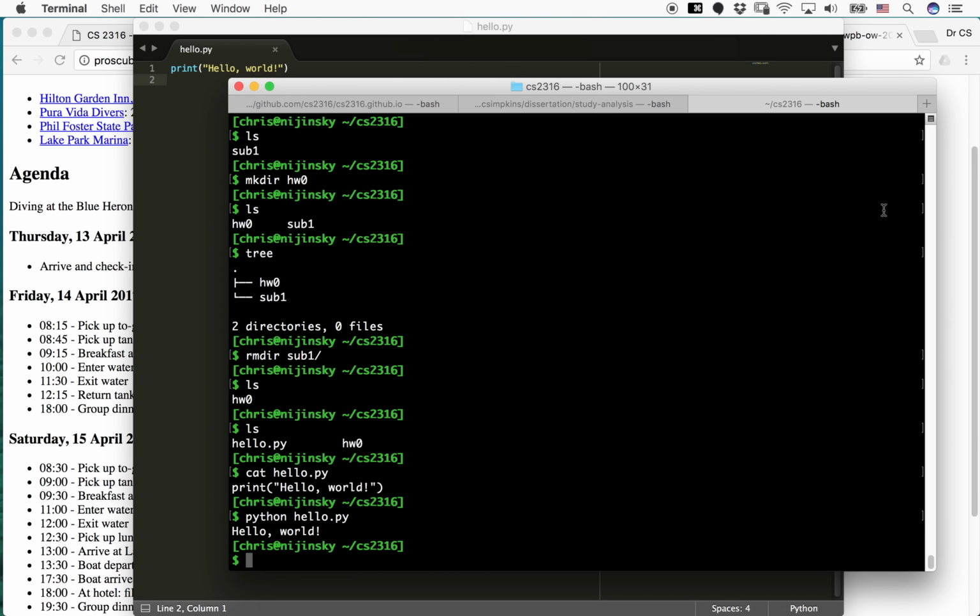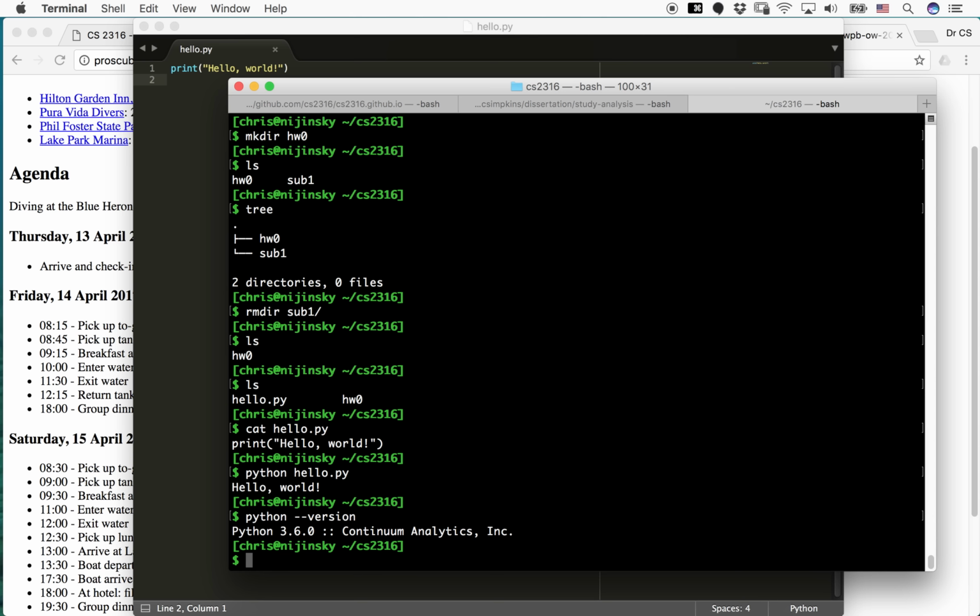Now, the other way to run Python code, and this is one of the coolest things about Python. These days, I won't even bother learning a new language if it doesn't have something called a REPL. And here's what a REPL is. If I run the Python command and I don't give it the name of a Python file to run, or I don't give it a command line switch such as --version to tell Python to just give me a version string, if I just say Python,